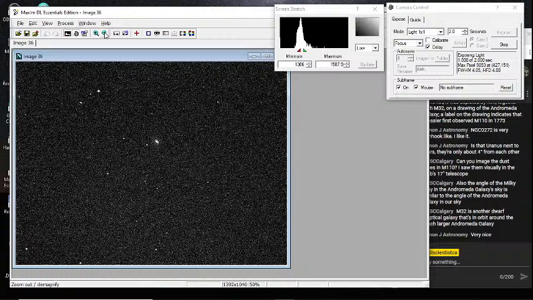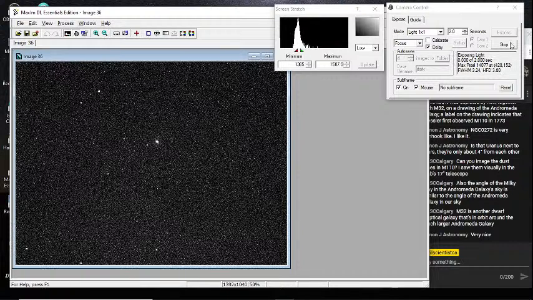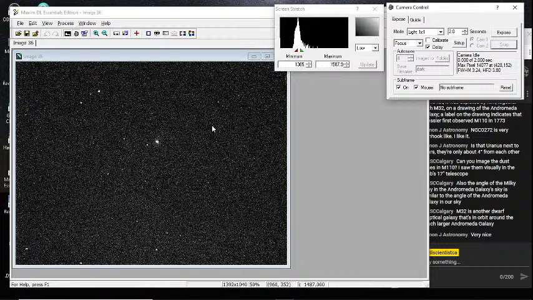There we go. So that's kind of faint. It's right there, so 2 seconds isn't enough. So let's do a 20-second exposure and see what we can see. We'll take it out of focus too. There we go. Tell you more about it when we get a better picture.